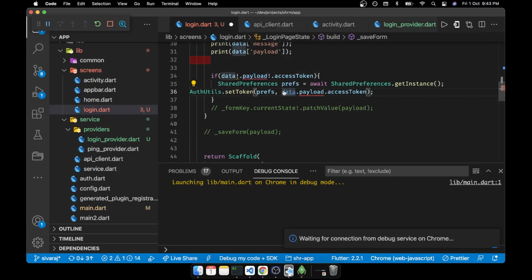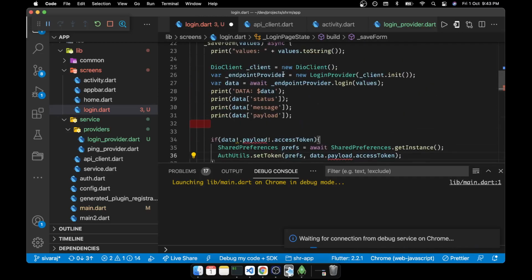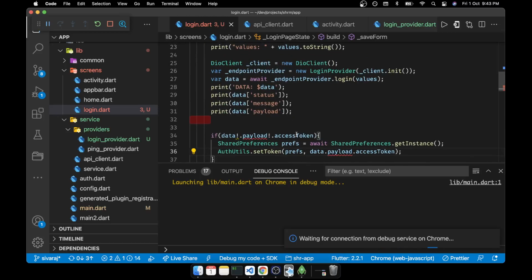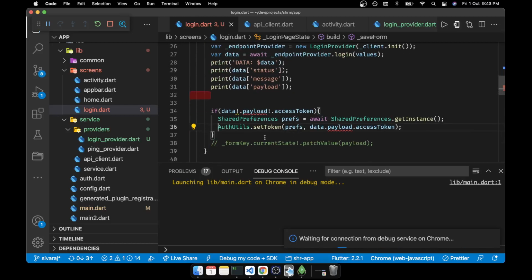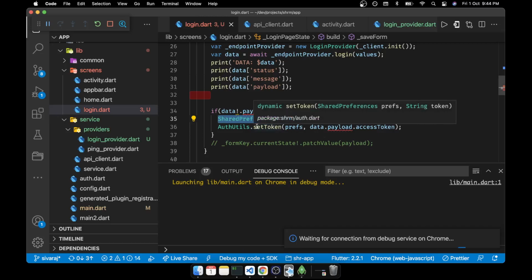Okay. So basically they are expecting us to give the pattern, how it looks. That we will do later. For now we just go ahead with this pattern. Okay. We'll try it, it's starting the server. In React we were using local storage for storing the token. Here we are using shared preferences to store the token. That is the difference. So every time the API calls, it will take care of the job.